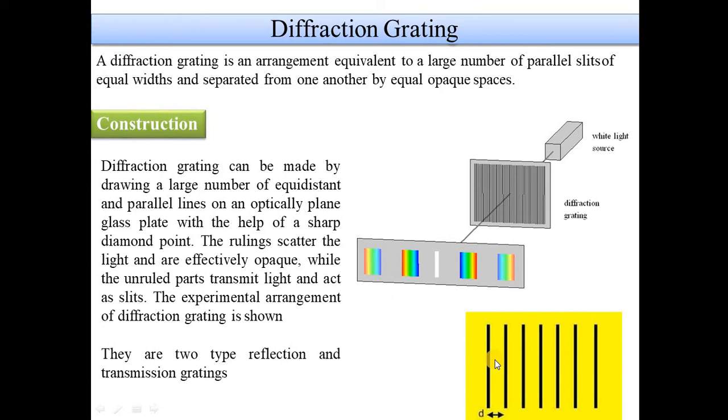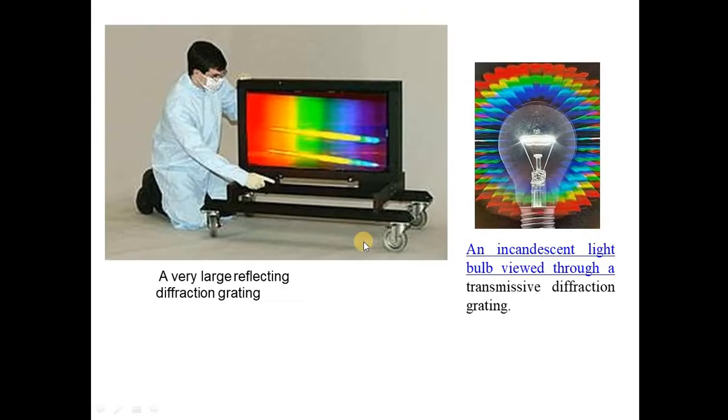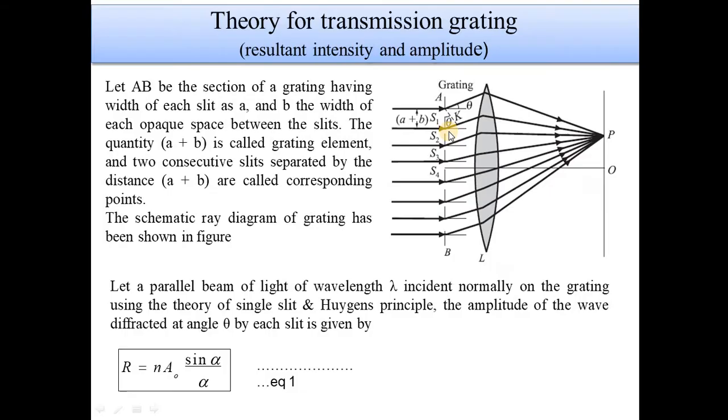So I hope you understood about the grating. A grating means a single plane parallel glass sheet on which many lines are drawn with the help of a diamond pointer and an automatic dividing engine, and these lines are very parallel, very close together, and they should have equal width. So these are the things we have to keep in mind while discussing the diffraction grating. And you can see a large picture of a diffraction grating in this slide.